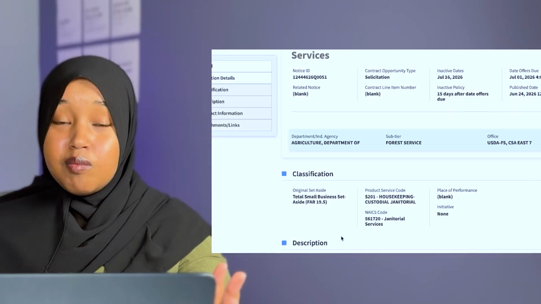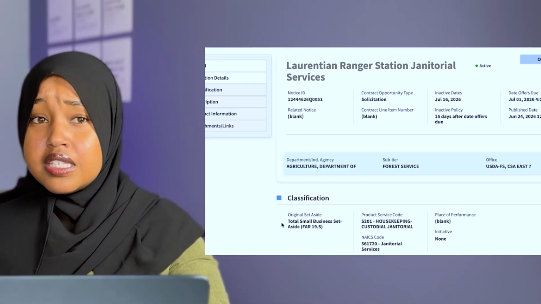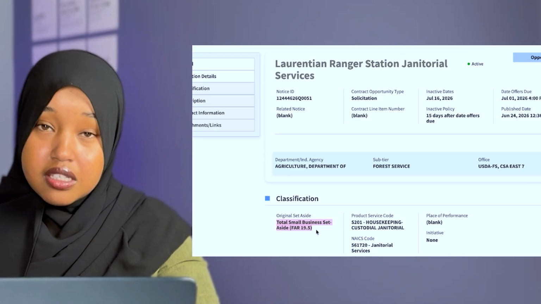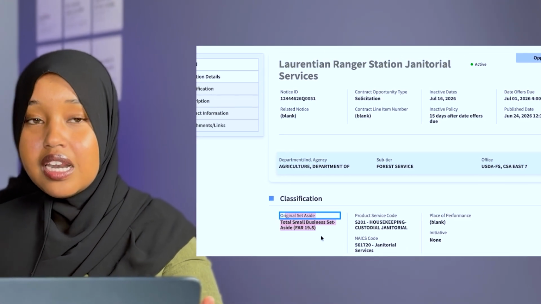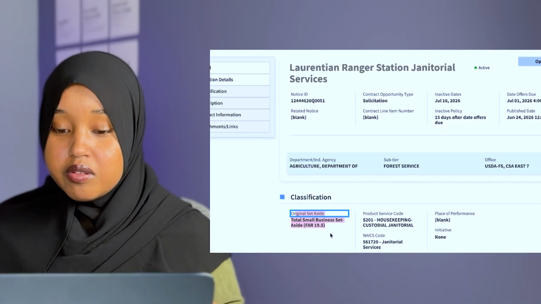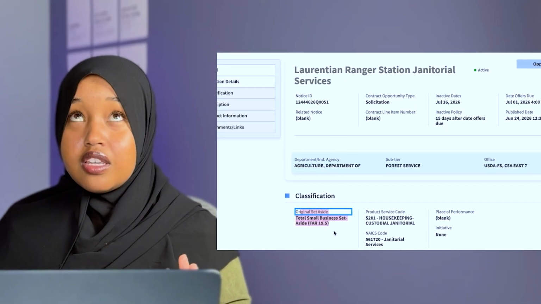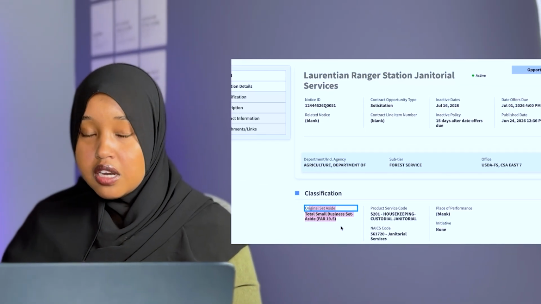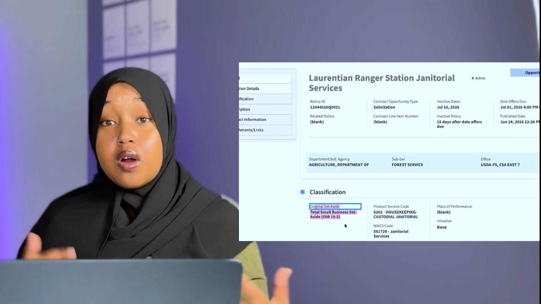One thing that I immediately look for is who it's set aside for. And here it will tell you who. In most cases, it will be a small business set aside, and there are big companies that don't qualify for that. Under the federal clause rule, you are considered a small business for janitorial if you are making less than $22 million. So if that's the case, then you qualify to bid.